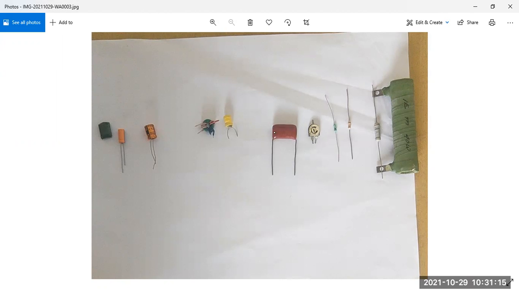Okay, and this is also a resistance. This is also a special type of resistance. Okay, so this is all about your resistance. Various types of resistance are also there, but which resistances are available to me, I just showed you. I think you can understand what the resistances are.